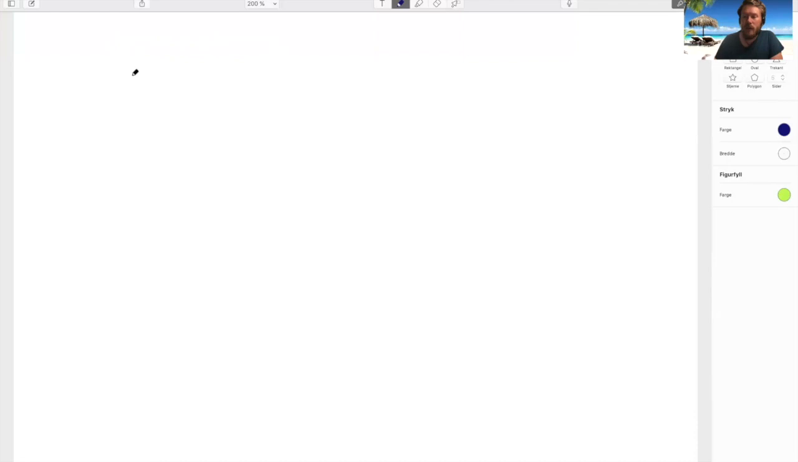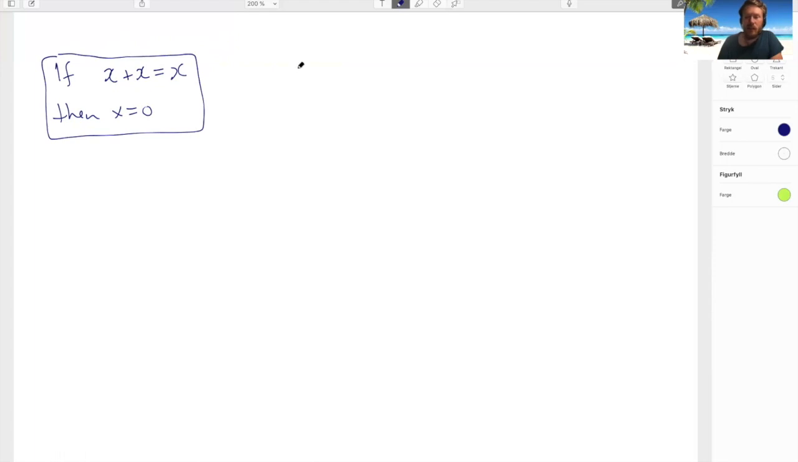So now we're going to prove two statements. The first statement is that if x plus x is equal to x, then x must be equal to 0. So that's one statement. And the second statement we're going to prove here is for all a, we have that